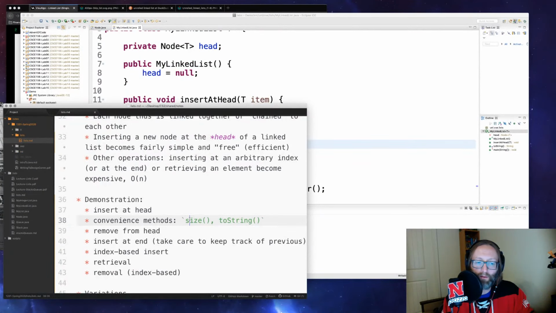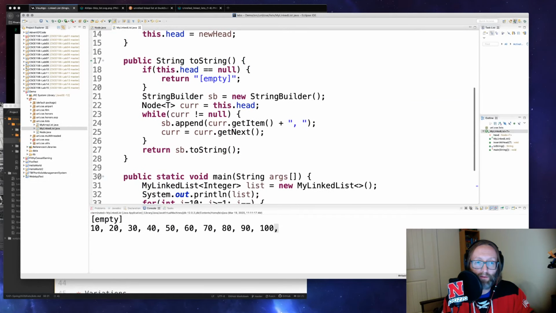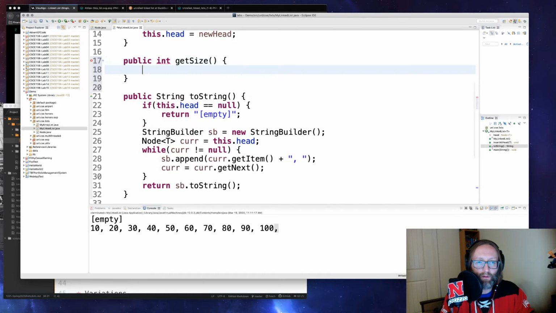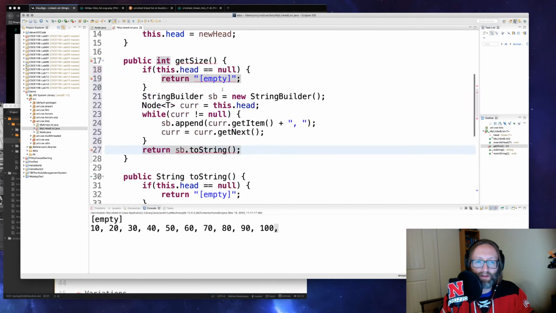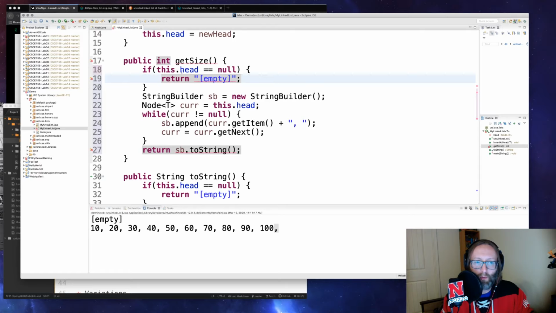What about a convenient method here to determine the size? Okay. Well, we can kind of take code that we did with the toString method here. Let me go ahead and create another public method, public int, because of course sizes can't be half. So it's either 0, 1, 2, 3, etc. And I'll call it getSize. And it's kind of the same basic idea as the toString method, where instead of appending stuff, though, I will return